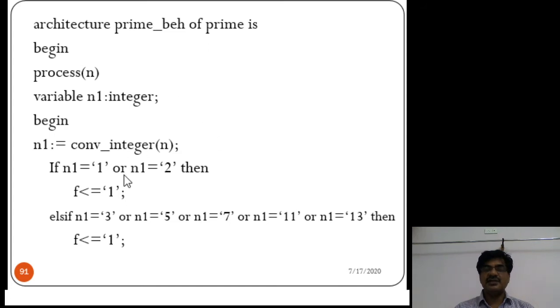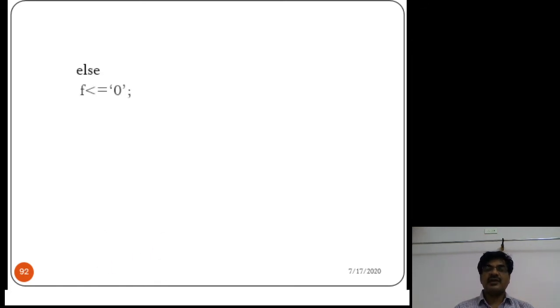If this condition is true, you can say the input number is prime. Like that you can write the program. Else, f <= 0, then end if, end process, end architecture name. So you practice it.